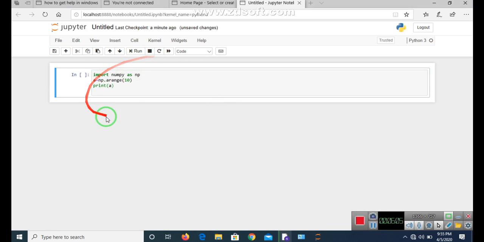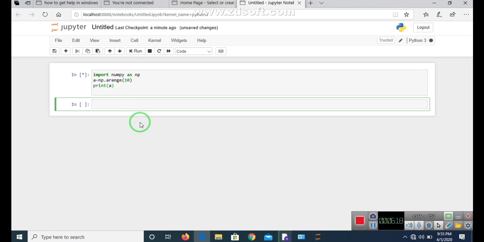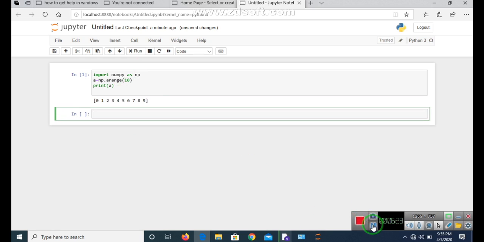You see I have written a very simple program and it will just print the values of a using NumPy. To run this program, just click on the run button and you see the output in the display part. So this is the overall process of how to install Python on your system, and here you can work with NumPy as well as with pandas. Thank you very much.